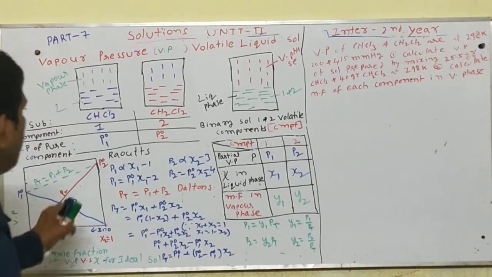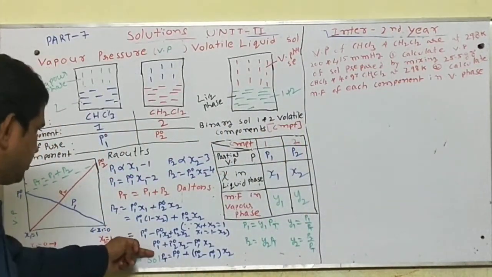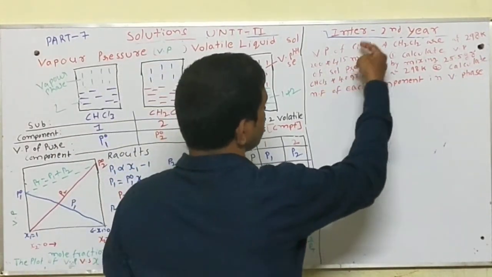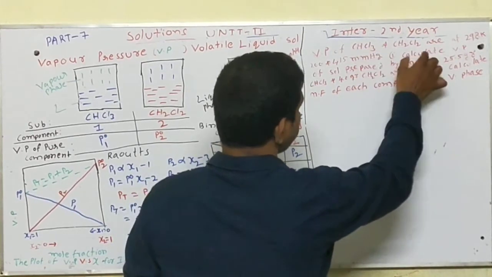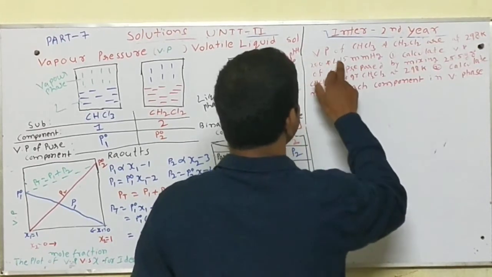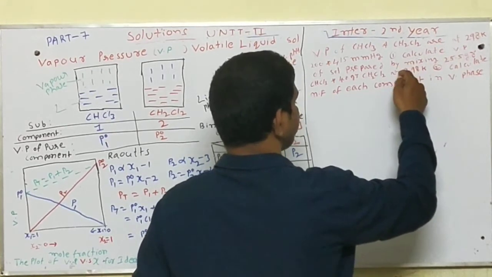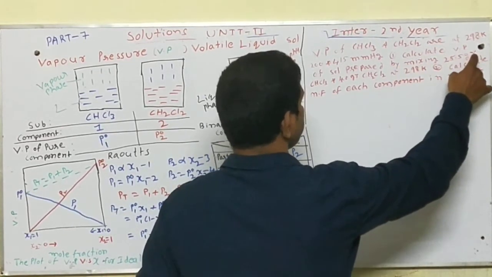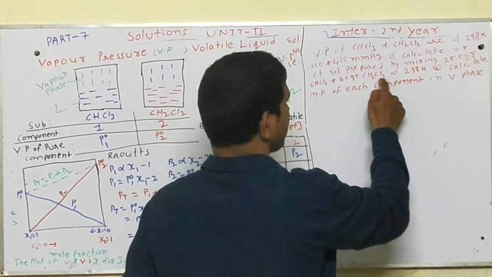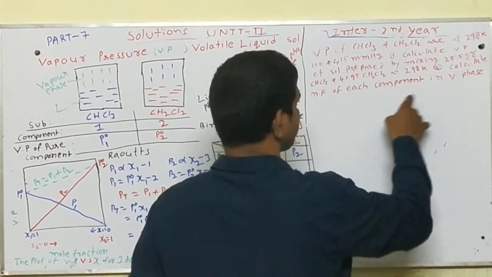This line is also linear with component 1 and component 2. Okay. Now I will solve a problem based on this equation. In the problem, it was given that the vapor pressures of chloroform and dichloromethane at 298 Kelvin are 200 and 415 mmHg. Calculate the vapor pressure of the solution if the solution is prepared by mixing 25.5 grams of chloroform and 40 grams of dichloromethane at 298 Kelvin, and also calculate the mole fractions of each component in the vapor phase.